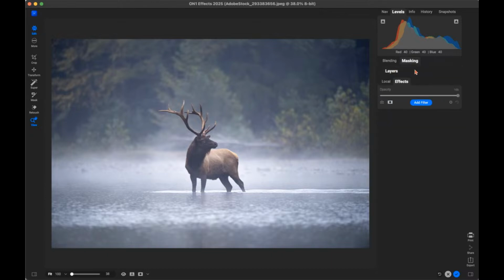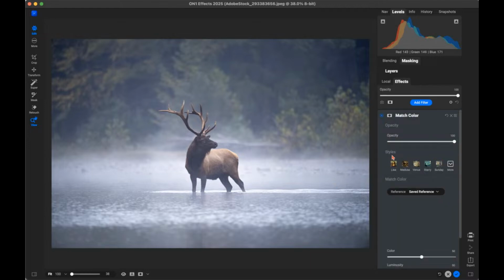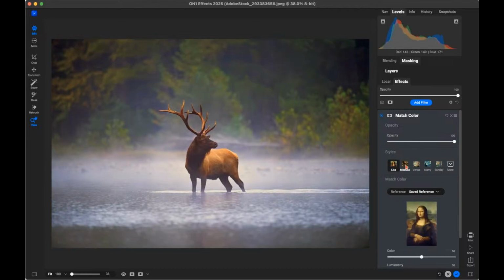Within ON1 Effects, they have two new filters. There's Edit Color, which essentially allows you to target specific colors within your photo. But there's another filter that allows you to match the color and tones of another photo. If we grab Match Color here, there are different preset styles within this filter that you can use. If we click on it, there are all of these older paintings, and it's essentially matching the color and